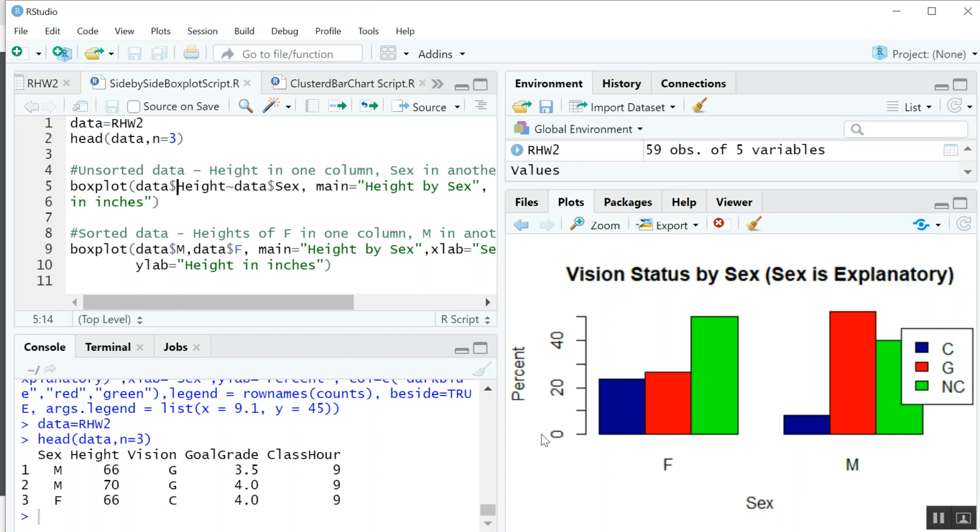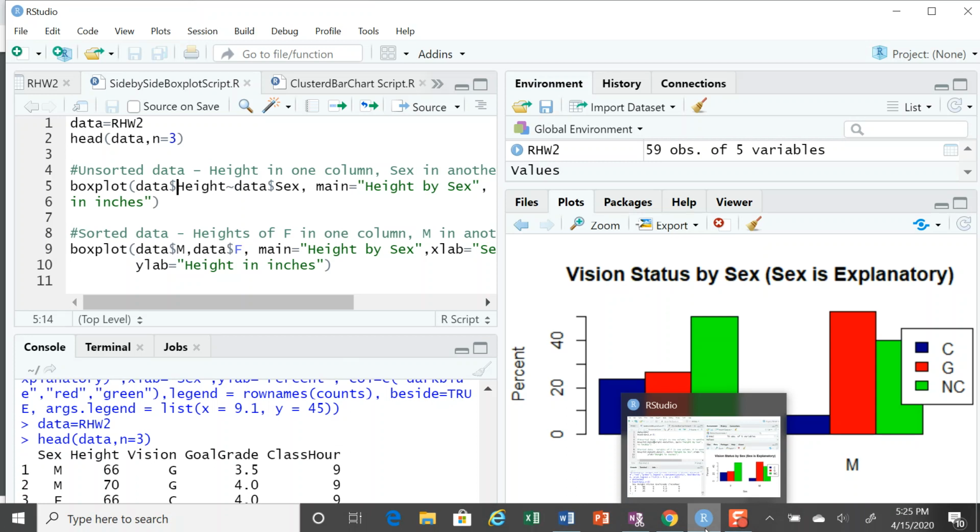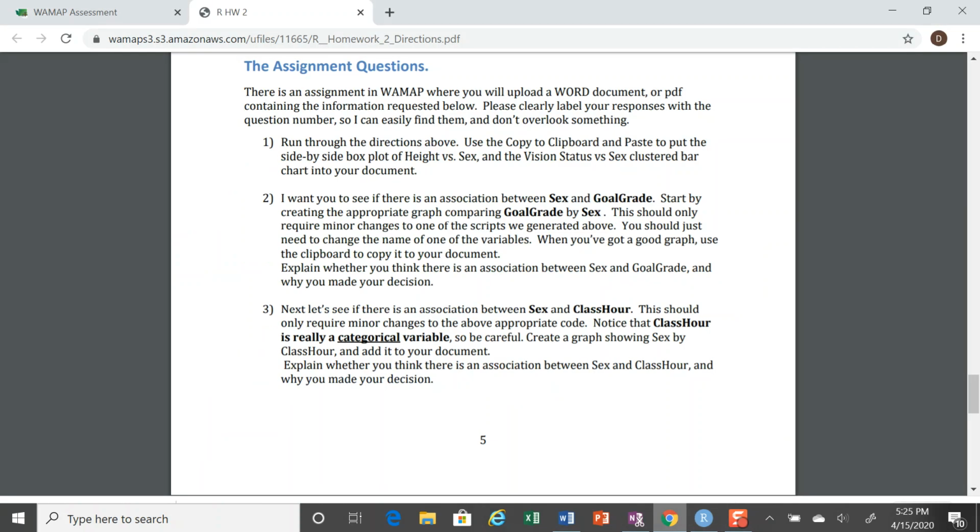And that's all you have to do to change those. You don't have to rewrite the values. That's the real power of scripts, is that you can just edit those little pieces and run the script over again in there. Alright, so that was one assignment, was to do sex versus goal grade, and the other is